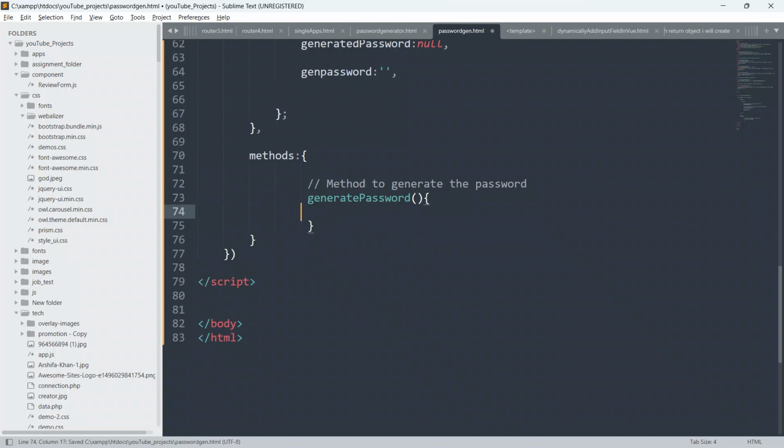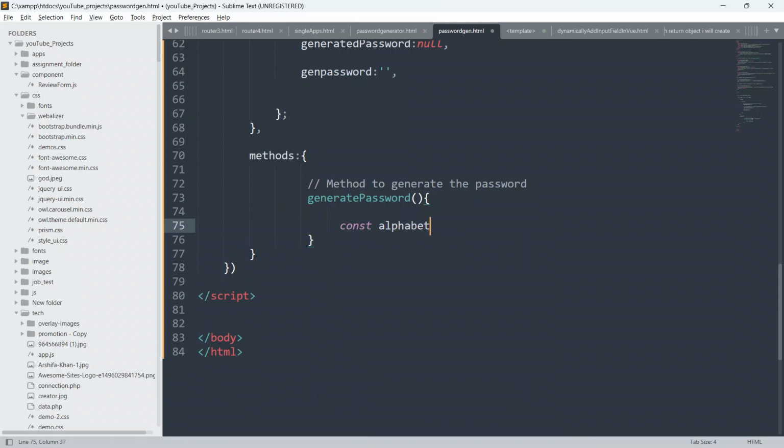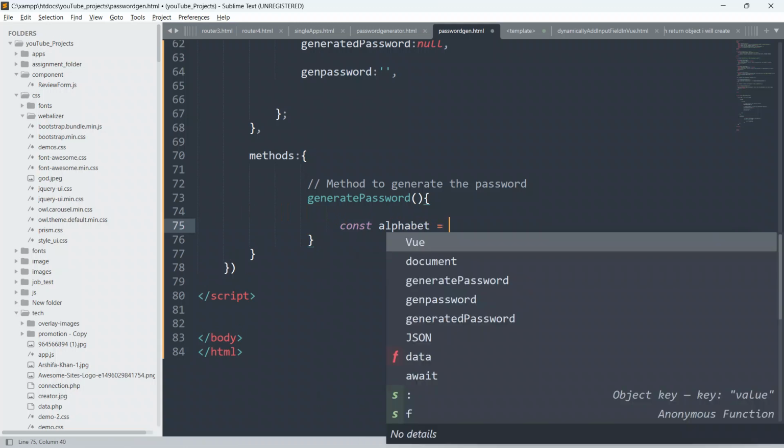So guys, first of all I will create a const, okay. I'll give the const here alphabet. So guys, now I'm just gonna copy the alphabets from the previous example only, just to save our time, and I will explain it also.